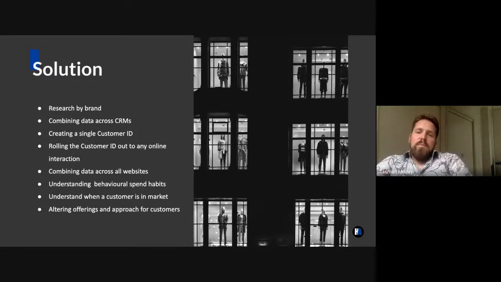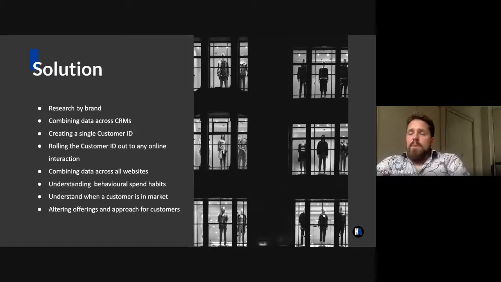You know when they're shopping in one brand, you know what kind of shoes they're looking at. And by combining that data across the websites, you can understand when they're in market, how much they're willing to spend, and whether or not what they're looking at is the best thing you want them to be looking at. So they may be looking at a pair of runners that are $100, but you know that generally their budget's $250. And you have a pair of shoes you know they'd be interested in from another brand. So you can actually send them targeted advertising for that brand at that spend and bring them across.